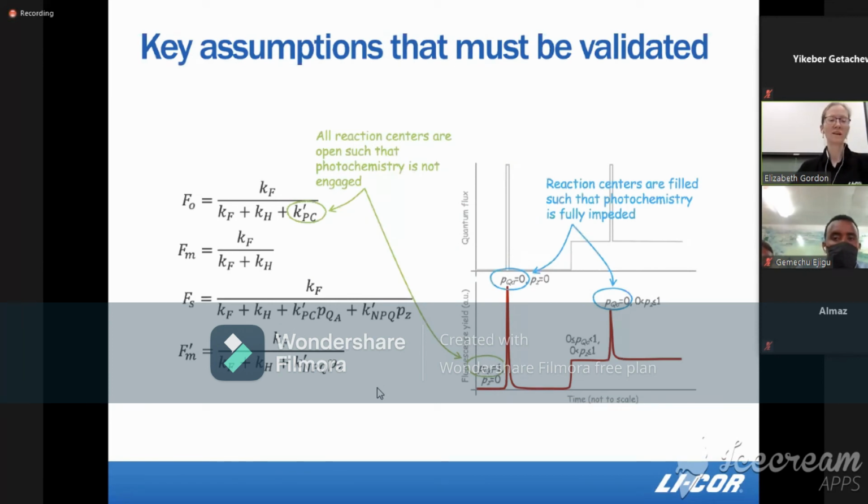So one key assumption about fluorescence is that all of the reaction centers are open at the start in the dark, and in the light, all the reaction centers are filled. So if, for example, all the reaction centers are not open because your plant is not fully dark adapted, then your FV over